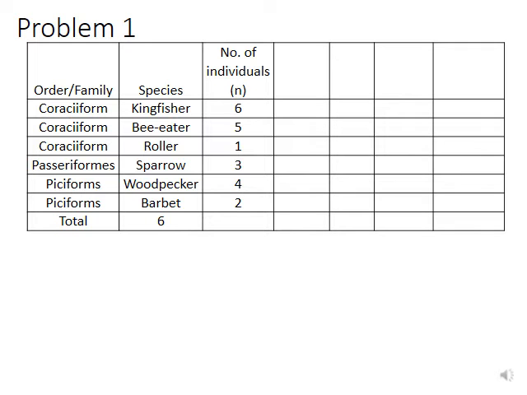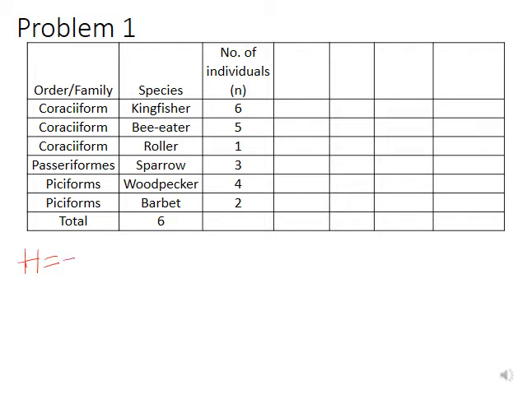First of all, we will calculate the Shannon index. For the Shannon index, we need a very simple data set. As you can see here, I have the number of species in column 2 and the number of individuals in column 3. In column 1, you can put the order or family to which the species belong. Shannon index expression, if you remember, is